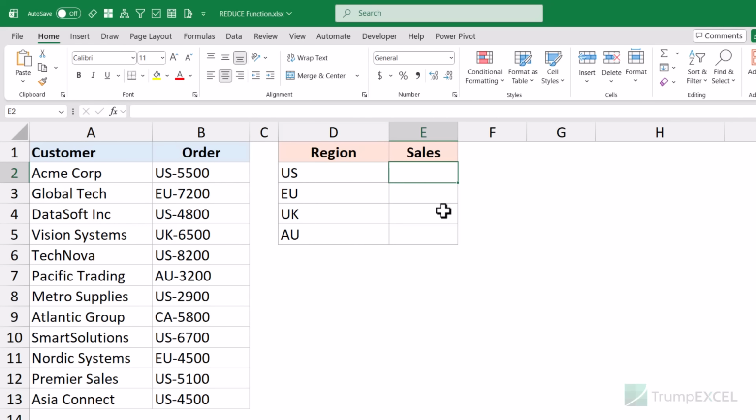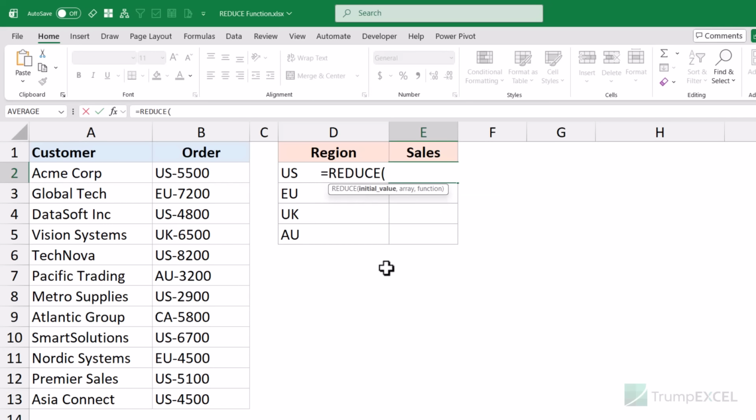Now, to do this, obviously you can first take this data, split it, then check whether it is US or not, and then only add the values for it, maybe using a function like SUMIF. But we are going to do this using just one single reduce function. So let's create that formula. In the reduce